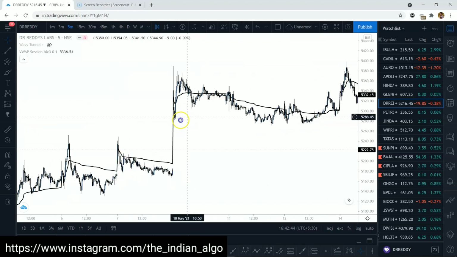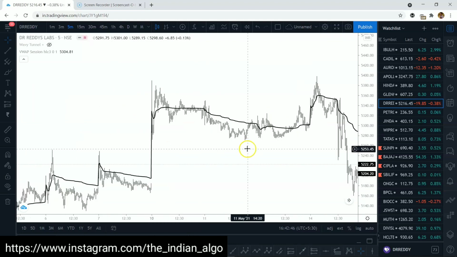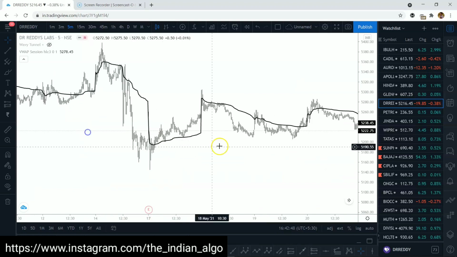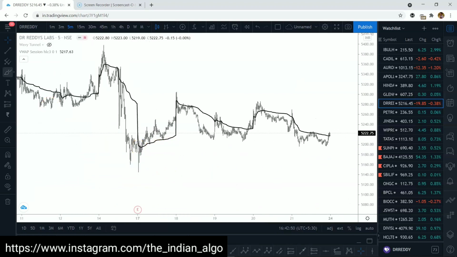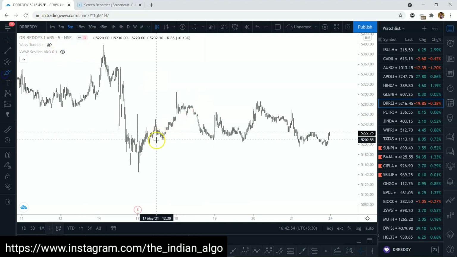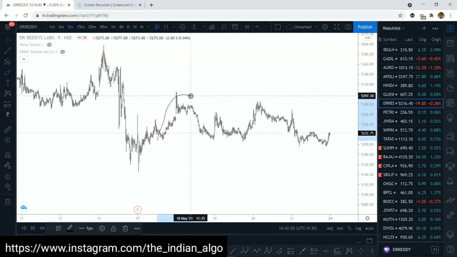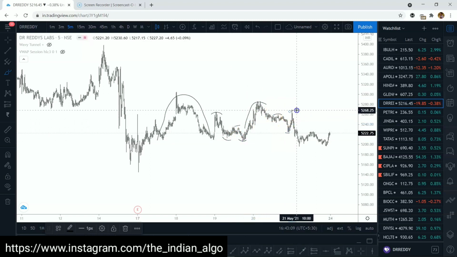All right, let's see if I can identify any more volatility contraction patterns, something very volatile. Okay, so let's say here, we do have some sort of volatility here. We do have some sort of volatility here. Now the prices are contracting. We see another volatility move higher, and the prices are again contracting.